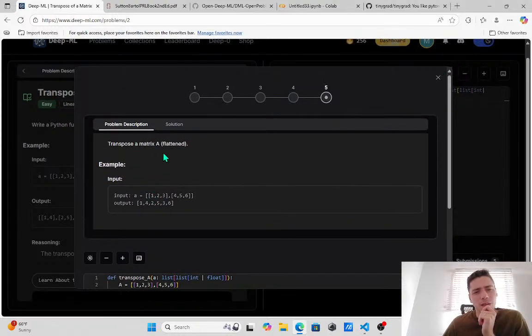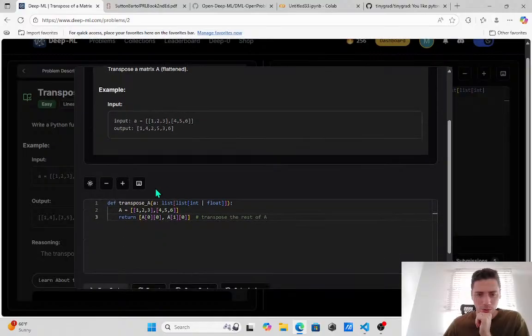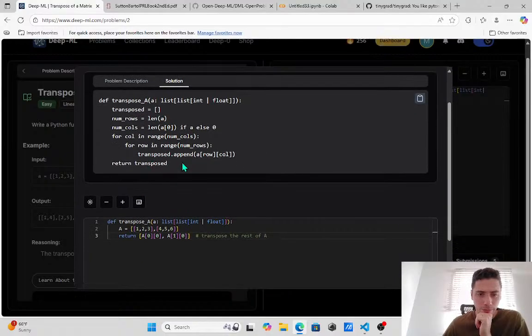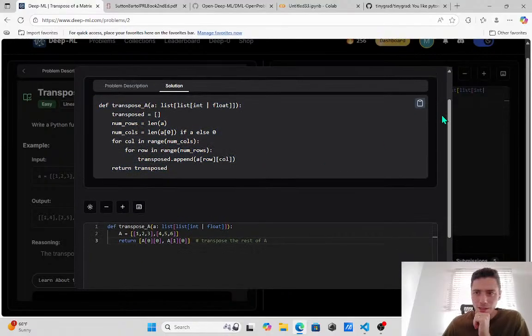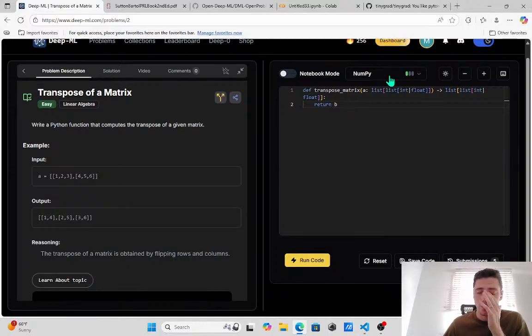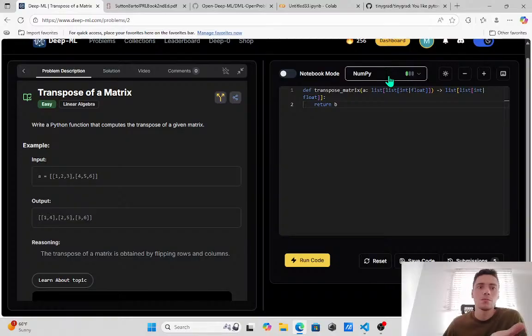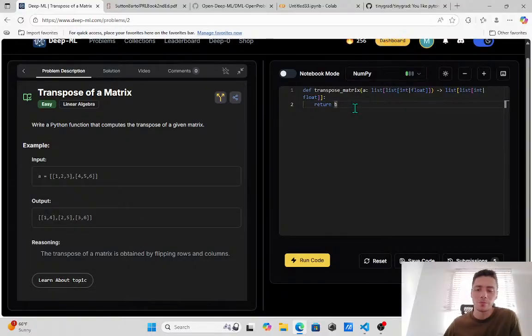What is the transpose of matrix A? Transpose of matrix A, flattened. They mean transpose it and then flatten it? Oh, I'm not even using NumPy. Okay, fine. I also want to add support for just Python. So some of these, like this, is relatively difficult. It's still maybe medium level difficulty if you just have Python. More annoying than anything, but I feel like then you really can't just do